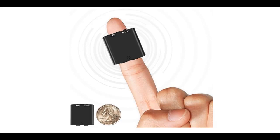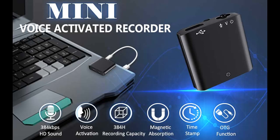Introduce highlight features and overview of Hfuear Mini Voice Recorder. Let's take a look at what people who have bought or used it mention, how it is. Highlight features or overview summary include: